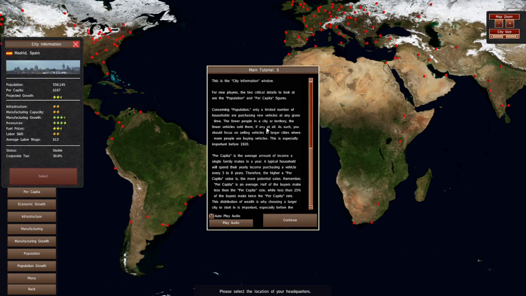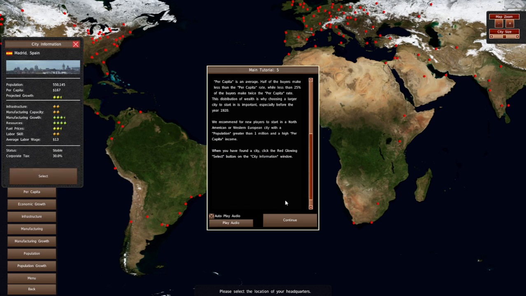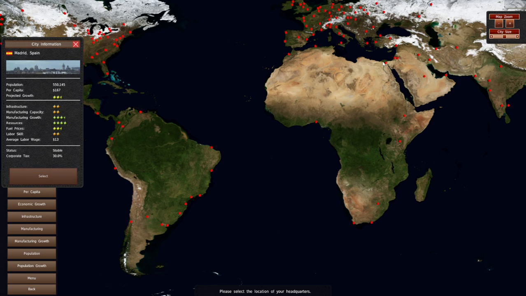This is the city information window. For new players, the two critical details to look at are the population and the per capita figures. Concerning population, only a limited number of households will be purchasing new vehicles at any given time. The fewer people in the city or a territory,